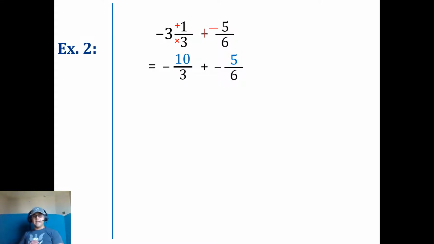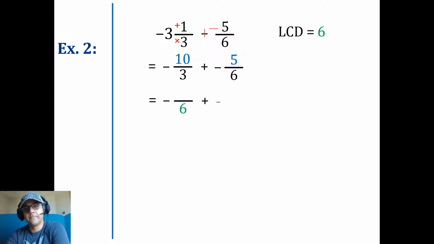All right, let's go ahead and make a common denominator. We know that a 3 can change into a 6, so the LCD is going to be a 6. We're just going to go ahead and multiply by 2. And same thing at the numerator. So I really have negative 20 over 6, adding negative 5 over 6, which is going to give me negative